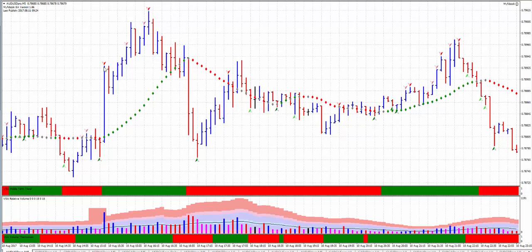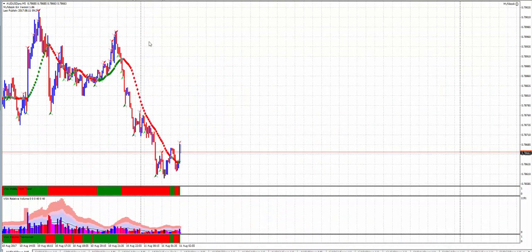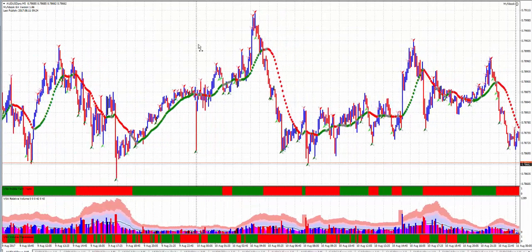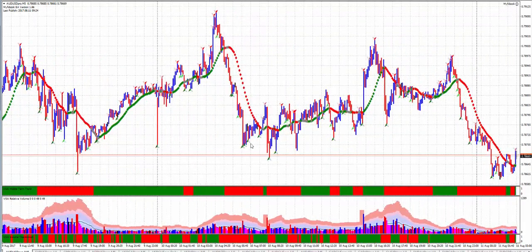Now from here up to there was probably around a 12, 13 pip move, up to those highs. But what the professional money did is that they started to sell their holdings because they have most likely bought, and this is where they've most likely bought, down at these levels here.